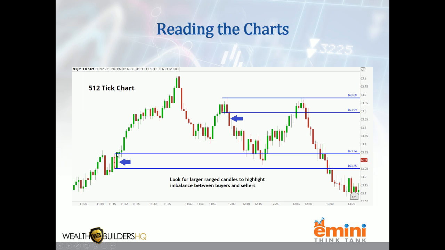So if there's a large candle or larger candle, it means that in order to satisfy all of the buy orders, in this case 512 buy orders, the buyers had to be aggressive and raise their price to attract sellers. There were missing sellers in that area. So there's an imbalance, and that can tell us where the turning points are going to be